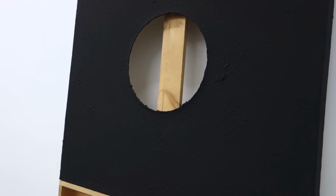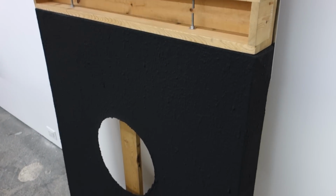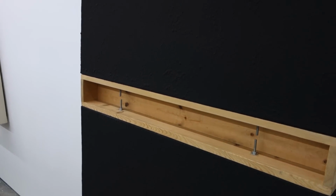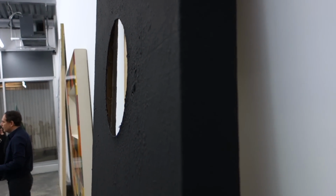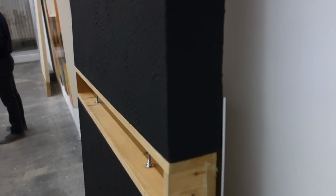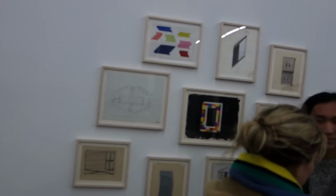I'll read a little bit from the press release. The spectrum of materials and radical structures, polymer resins, vinyl acrylic, wire mesh, and brushed copper, to name a few, traces Dagley's thought examination of structures and texture. Preparatory drawings of his paintings resemble blueprints. We'll come back and look a little closer at those later. And reveal his highly methodical approach. Despite the studied and calculated qualities that point inward. Anyway,